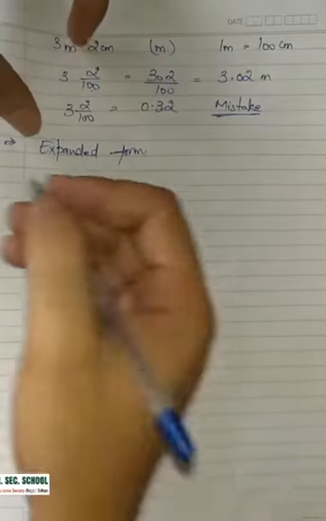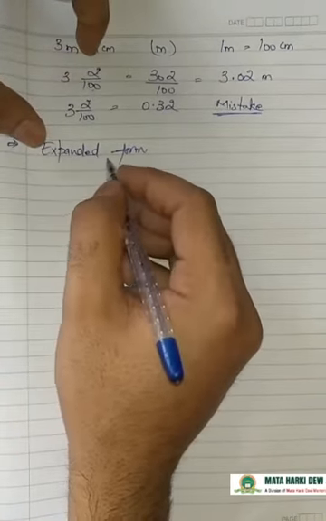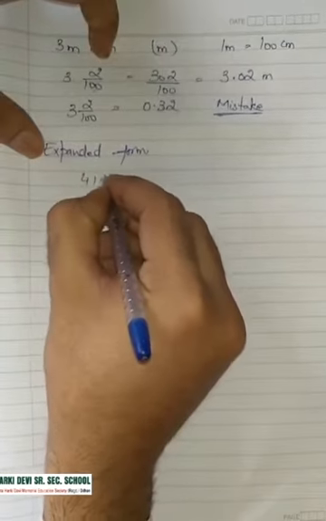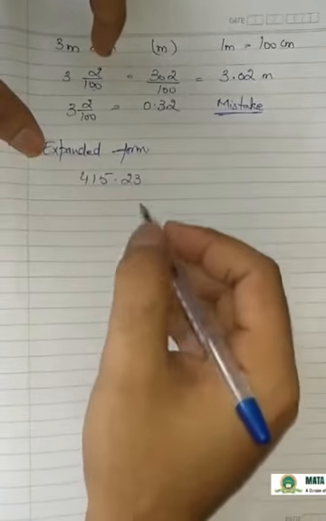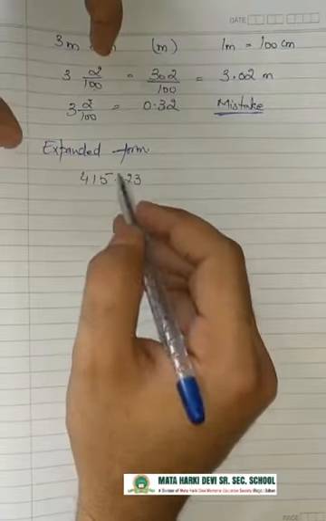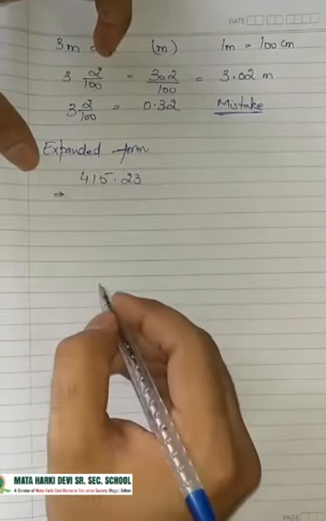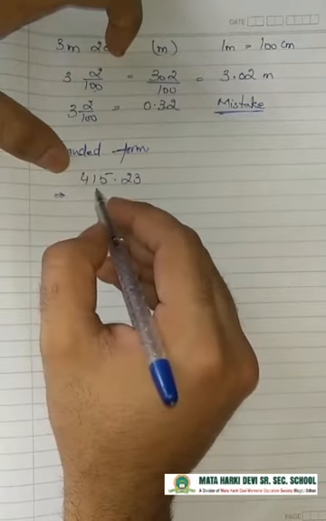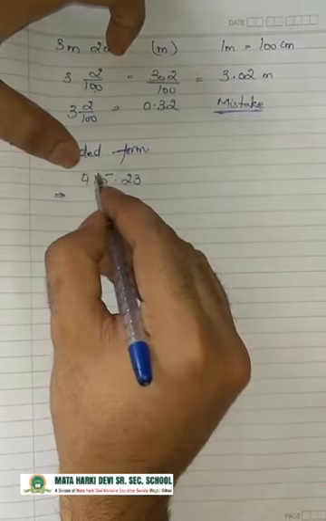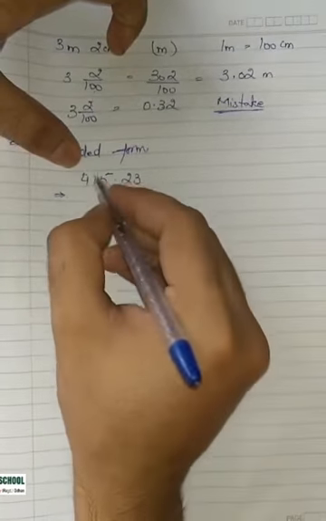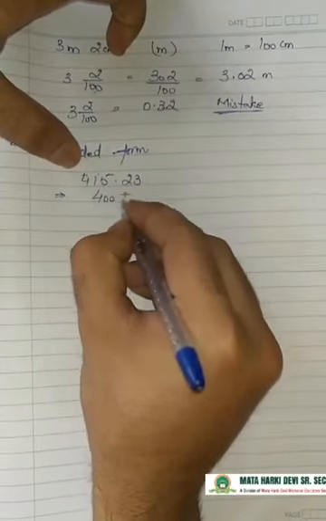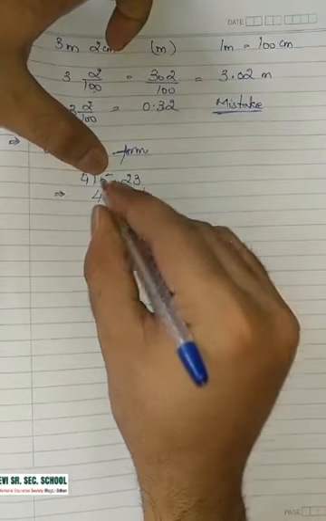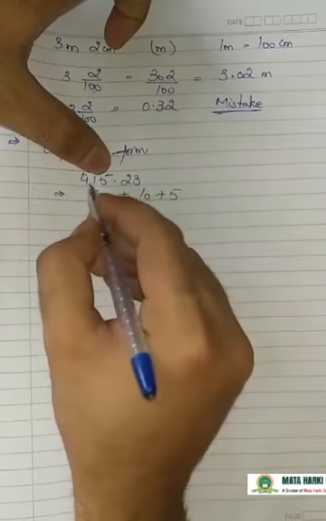There is one more part of the decimal, that is expanded form. How can you expand a decimal number? For example, we have this number. You have done the expanded form already in earlier classes. This is the same. So first expand the whole part. This is 415, 100th place, 10th place and 1st place. 4 at 100th place is 400, 1 at 10th place is 10 and 5 at 1st place. We have expanded the whole part.